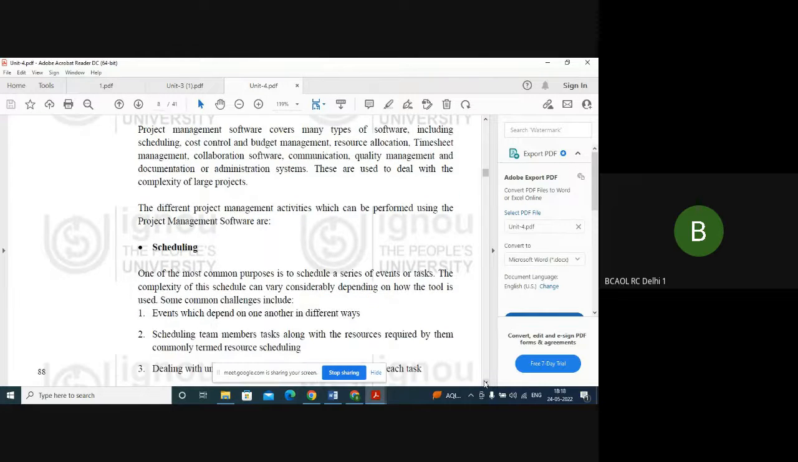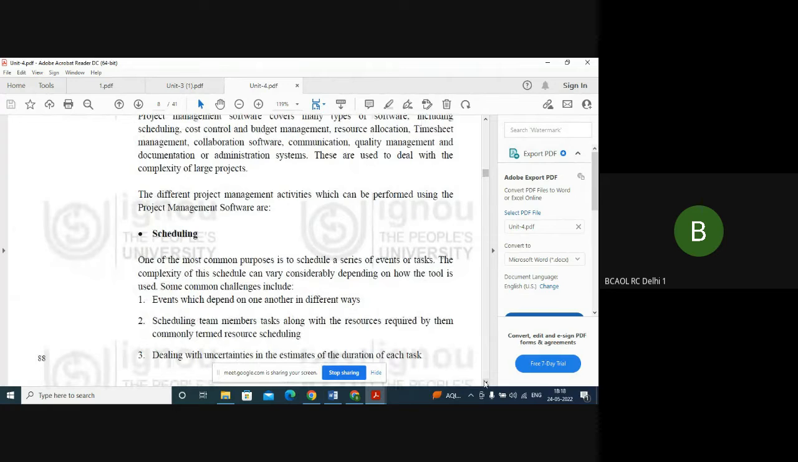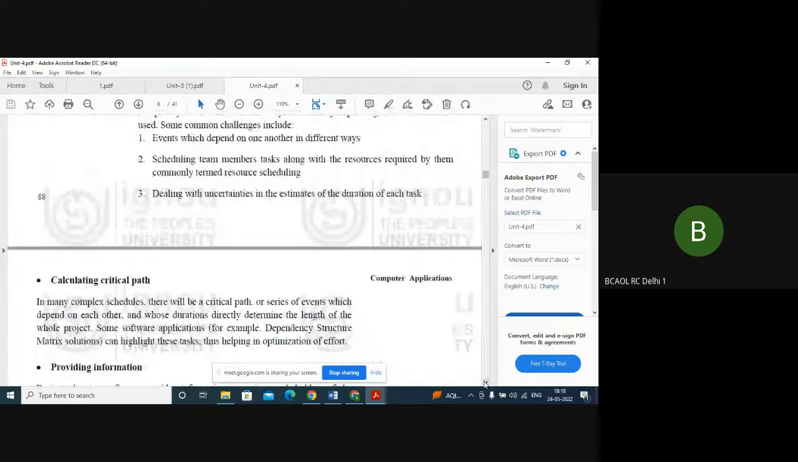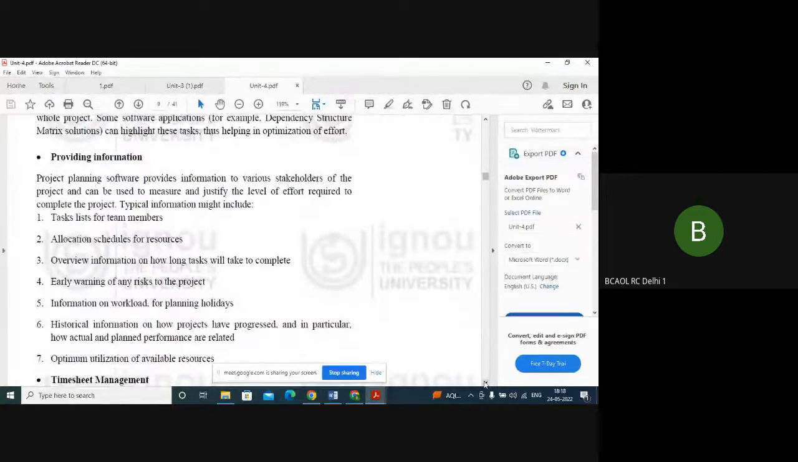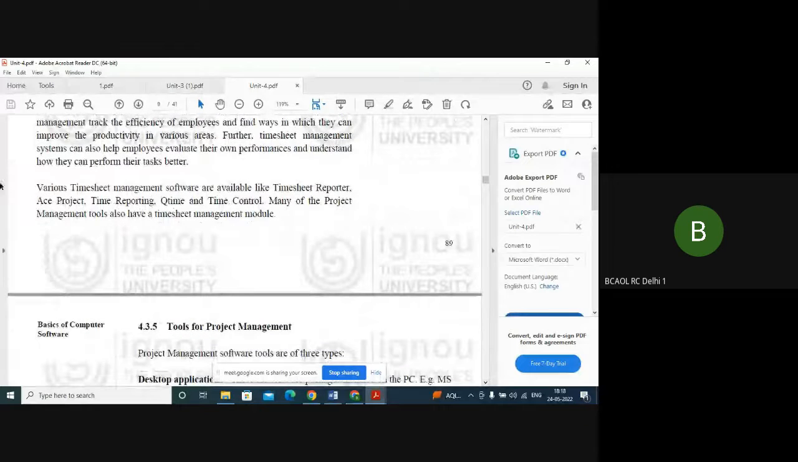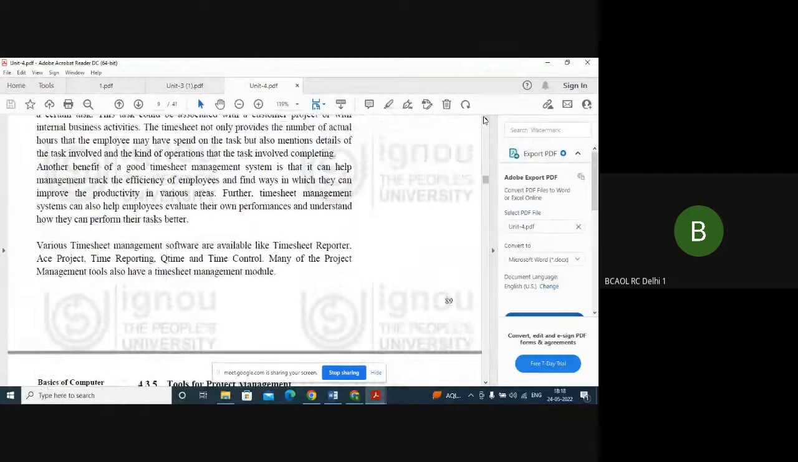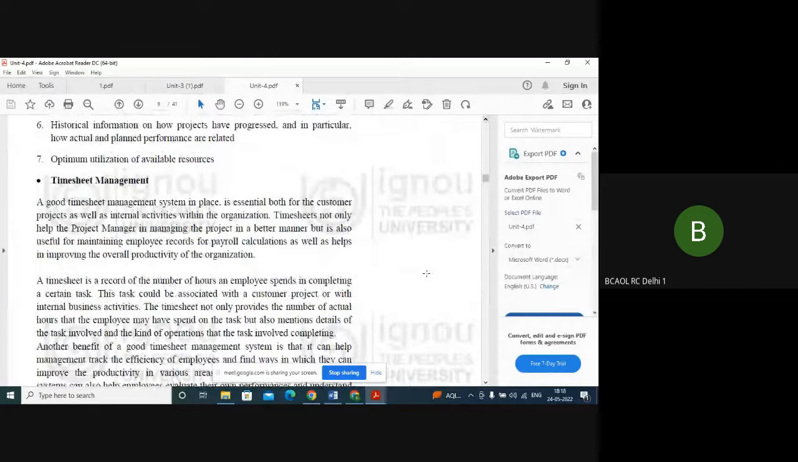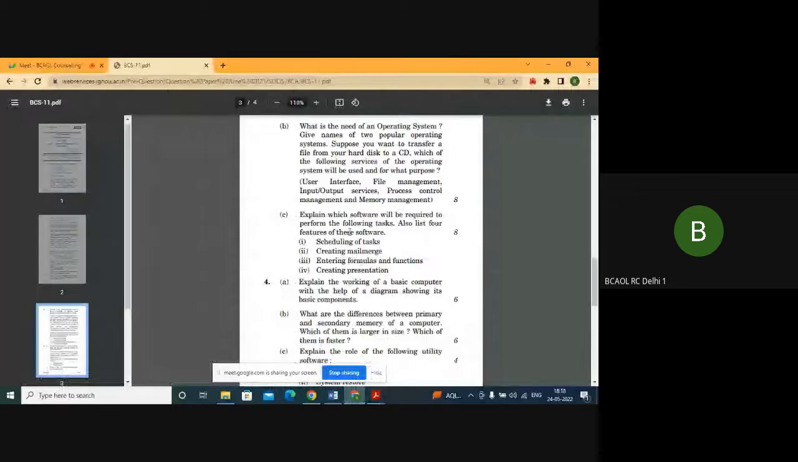So which is the software which you will use? You will use project management software, right? Examples of that are Timesheet Reporter, ACE Project, Time Reporting, Queue Time, and Time Control. These are some of the examples of project management software, right? So that is one thing. Then